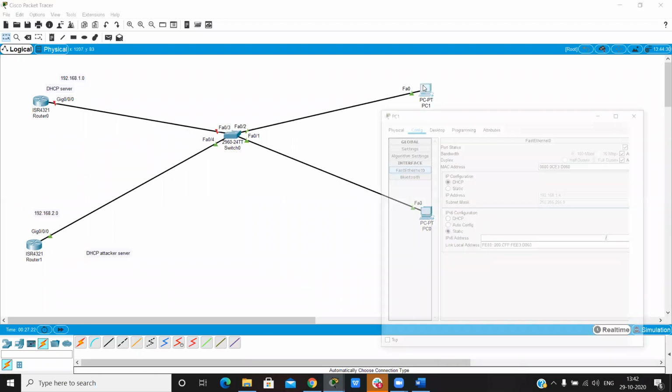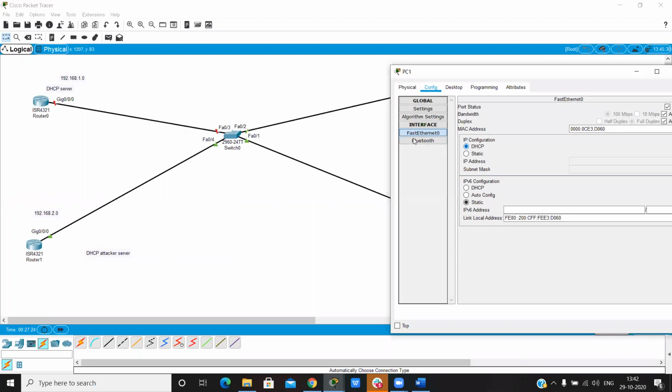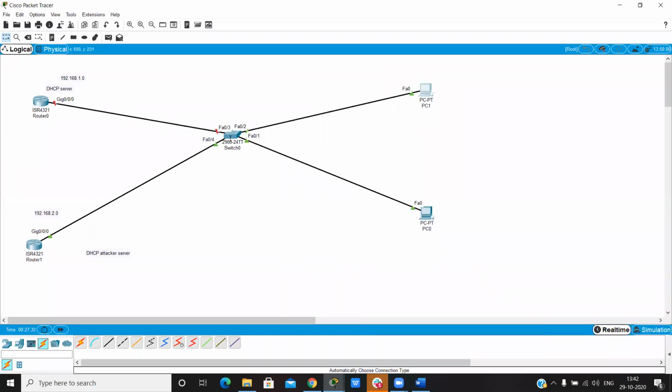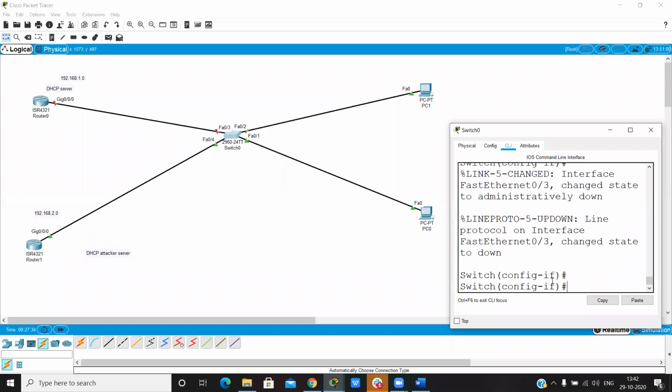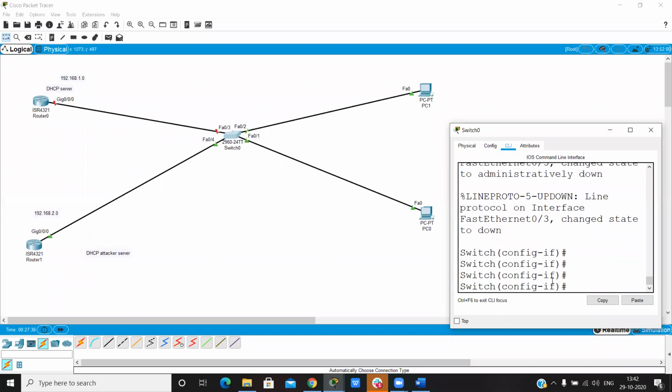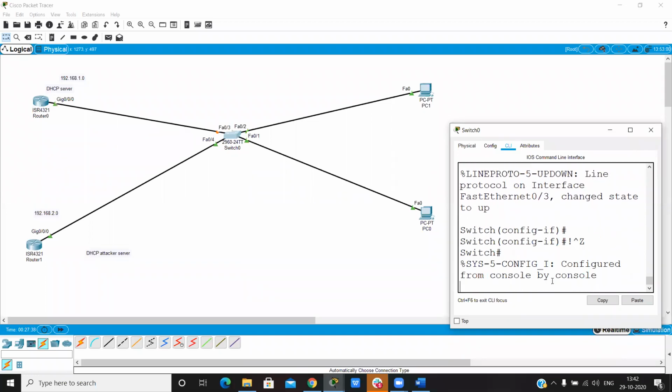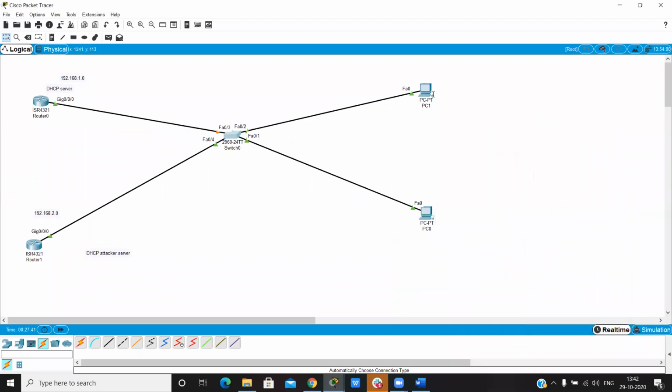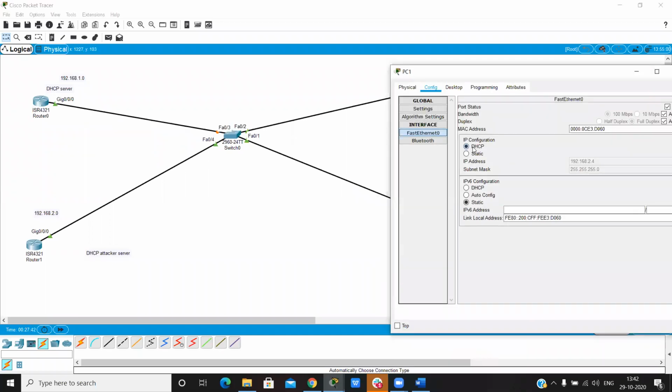Now PC1 gets an IP from this attacker server, see 192.168.2.4, and otherwise it comes up. Now this network is controlled by the attacker server.